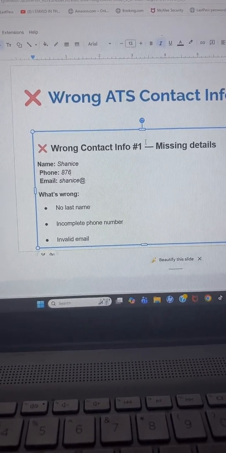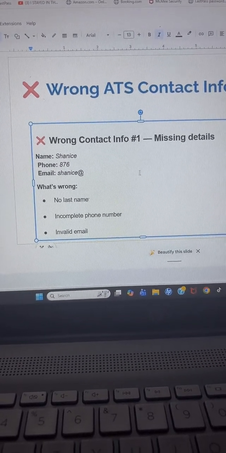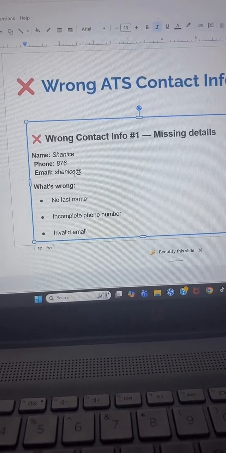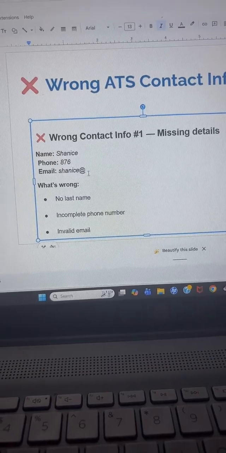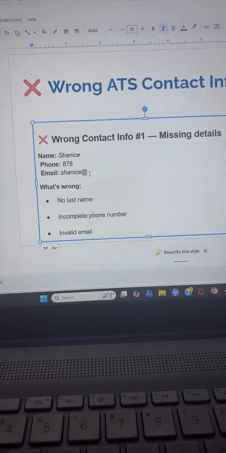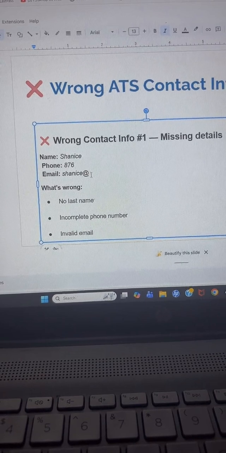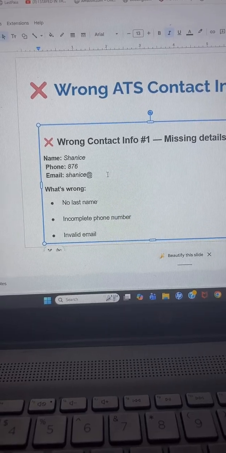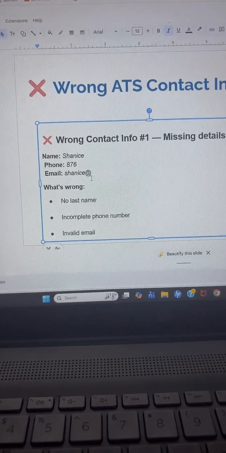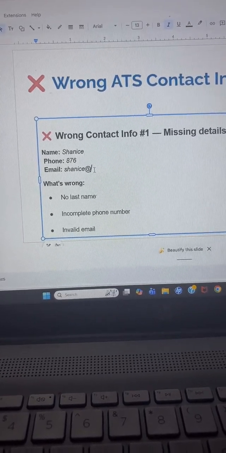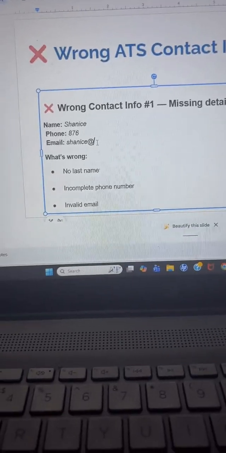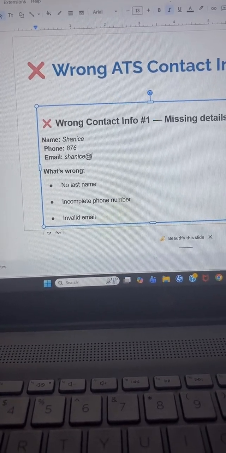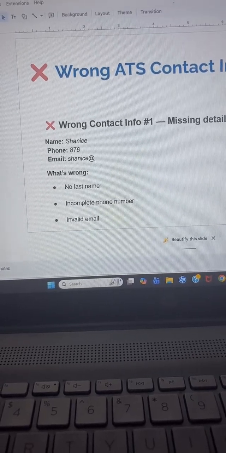Some of you guys are putting numbers that are not working. Don't know how, but yes. Ensure that your email is working as well, and that it's in the proper structure. Alright, so that's the contact section.